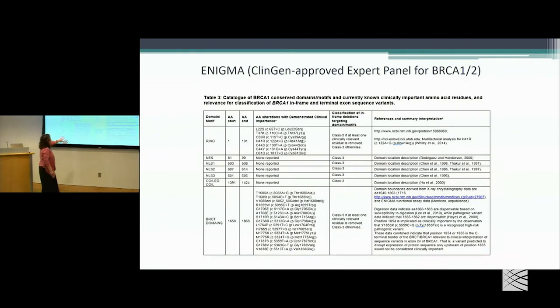And one group that's really done a good job at very specifically annotating which residues, when disrupted, are sufficient to say that there will be an impact, is the Enigma Consortium that does interpretation of breast cancer genes, BRCA1 and 2. They've gone through each of the domains and very specifically said residues 1 to 101 are critical, and 81 to 99 and so on. They document